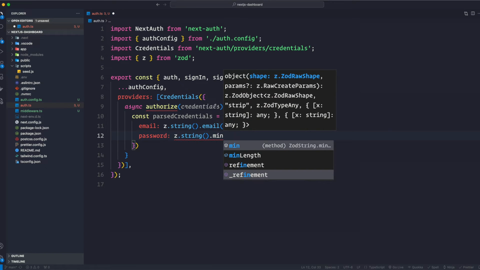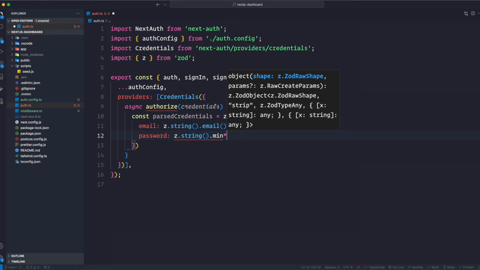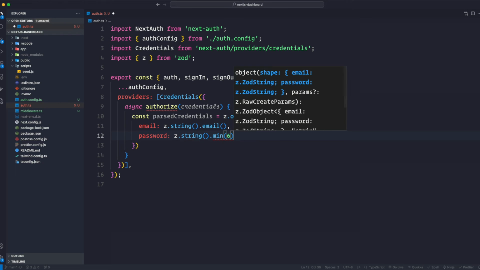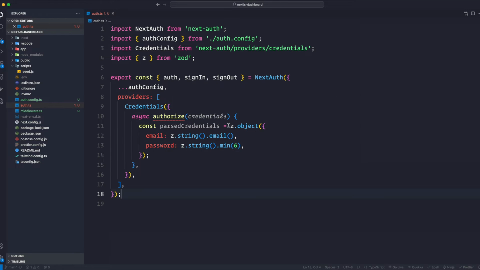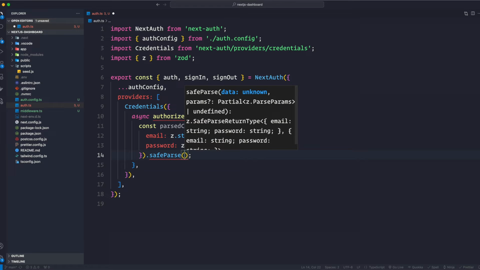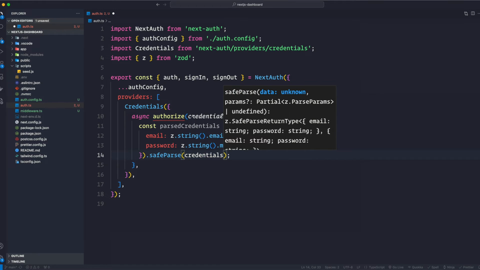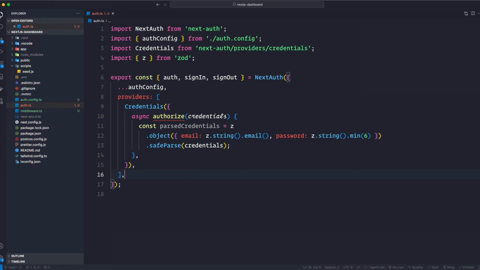And we can actually pass what the minimum length should be, right? We can just say that the minimum length of a password should be 6. We also want to safe parse this with the credentials. Okay, so after validating the credentials, let's create a new getUser function that queries the user from the